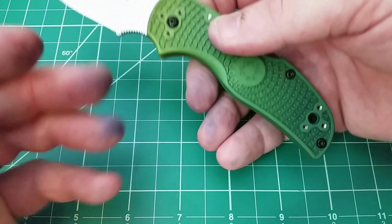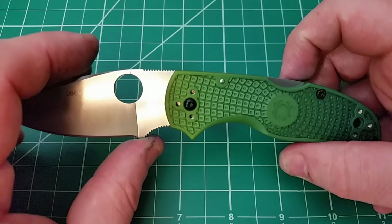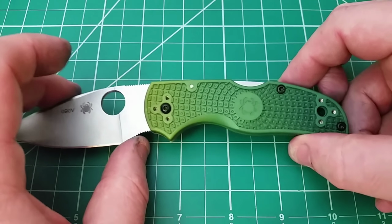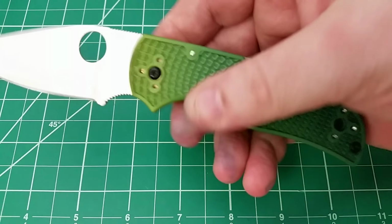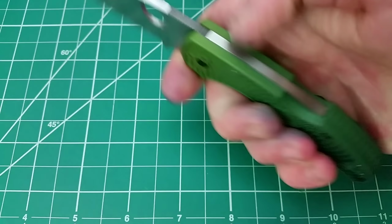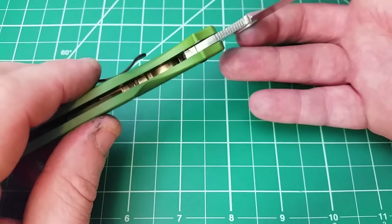I've done modifications on other ones, trying to keep it interesting and develop an attachment with it. And it just really hasn't happened. And I don't get it. I don't understand what it is that's wrong with me here. I'm sure everybody has their preferences and their idiosyncrasies, but I don't really consider myself a bells and whistles kind of guy. And if you look at this model, it is not at all a bells and whistles kind of model. It's very simple, very straightforward, very just meant for use and EDC tasks, and not really a particularly attractive knife. But yeah, it should be one that I have with me all the time,